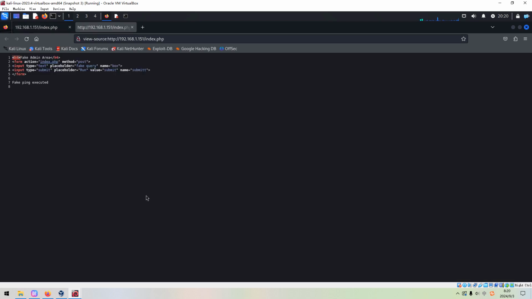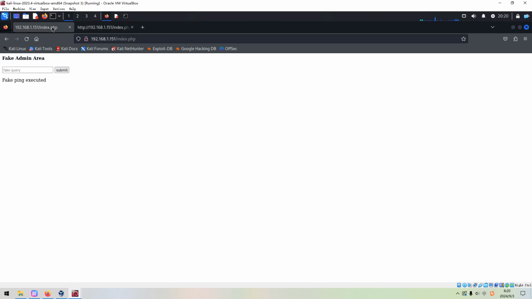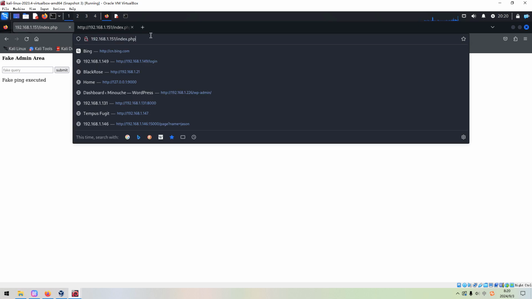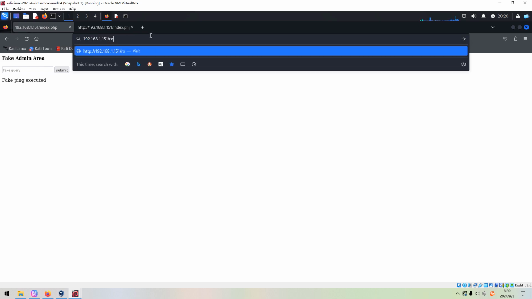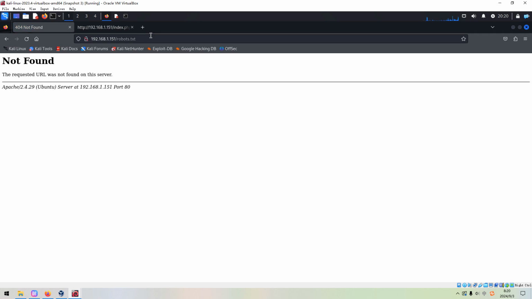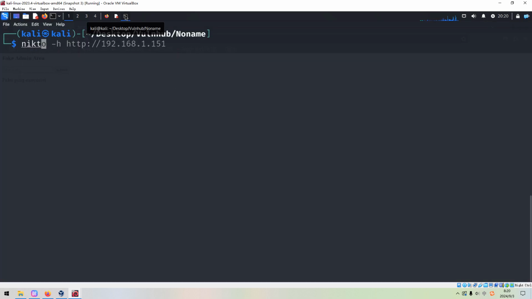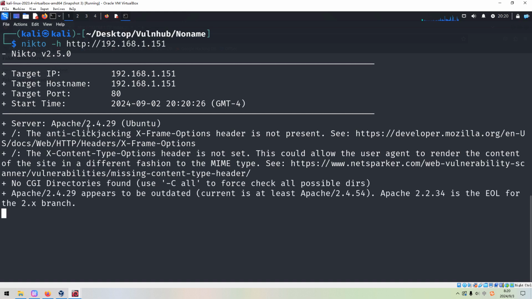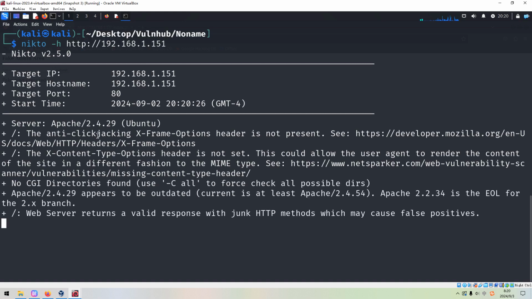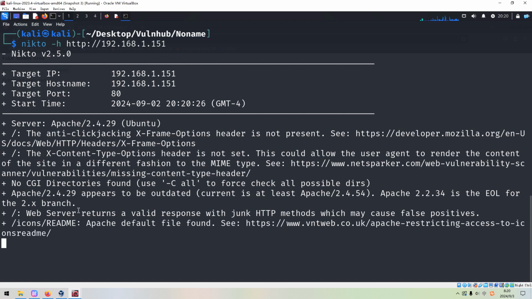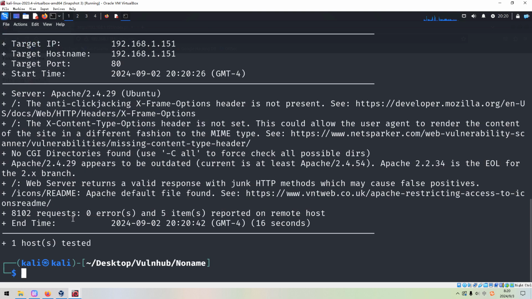For example, we need to check its source code, but nothing interesting. And also we need to check whether this site has a robots file. Not found, which is fine. Next, we can launch Nikto to do the automatic enumeration. Nikto can give us very important information, for example header information, the allowed HTTP methods, and also some common files or directories. Although its built-in word list is not very big, in this case nothing interesting we can get.